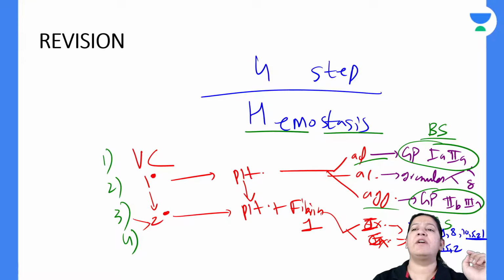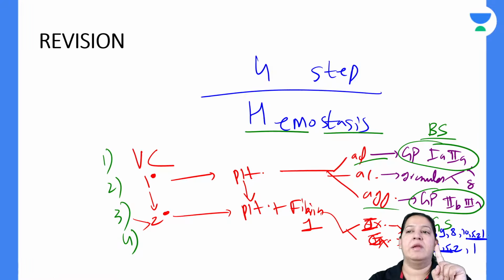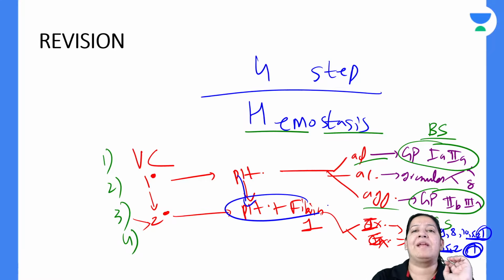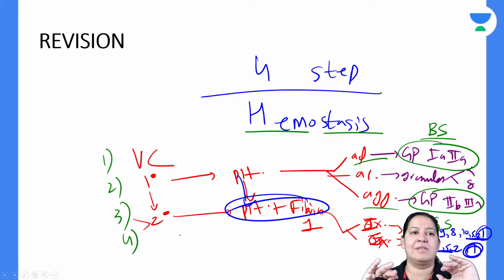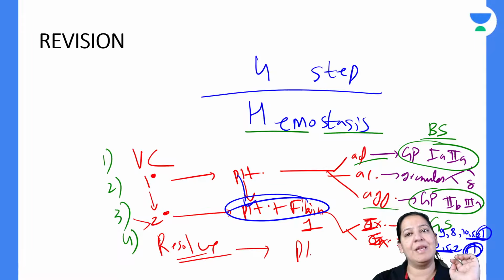So you can see 10, 5, 2, 1 is coming in both, right? So ultimately the last is the 1. So 1 is fibrinogen, that gets activated either by extrinsic or intrinsic pathway and it is stabilizing the platelet clot. That is a summary of the secondary clot. After that, we have to dissolve the clot. That is done by plasminogen. So that is the summary.